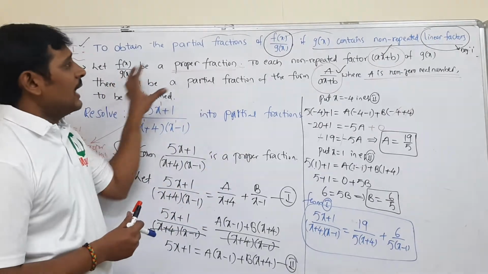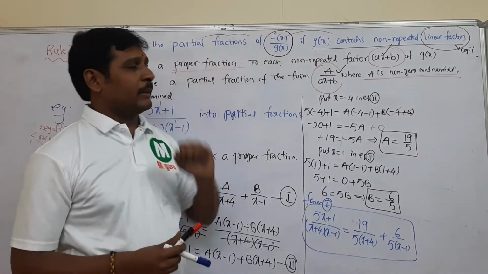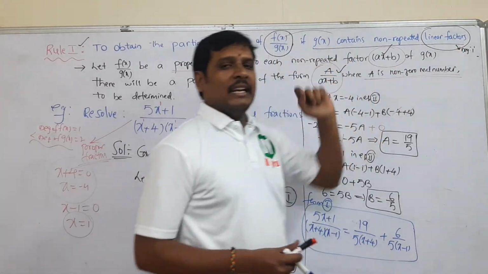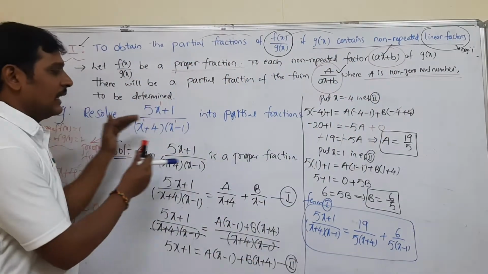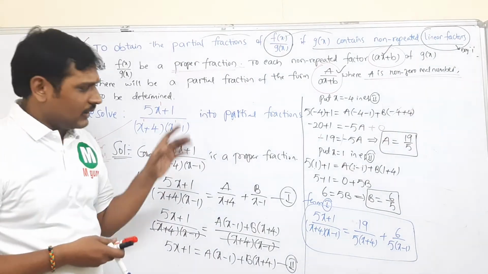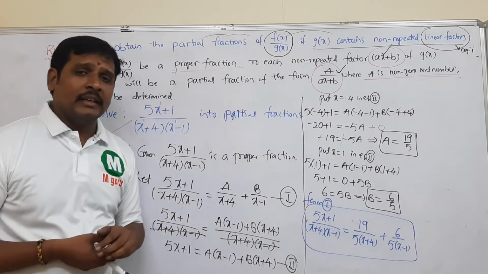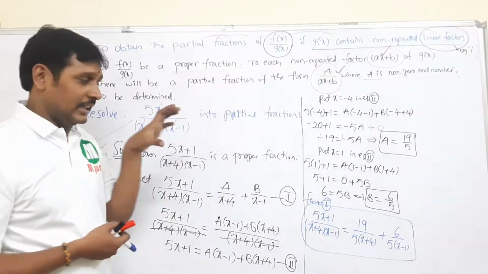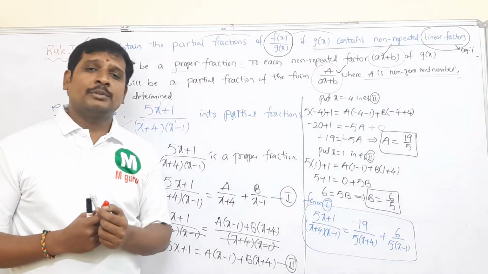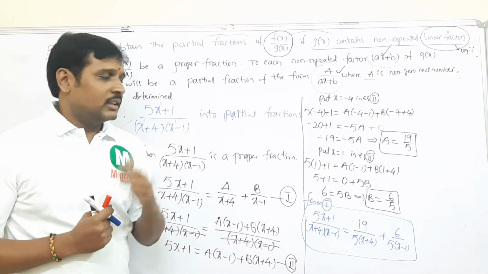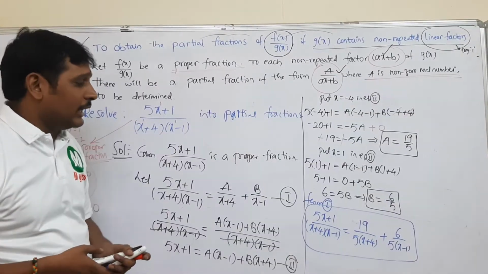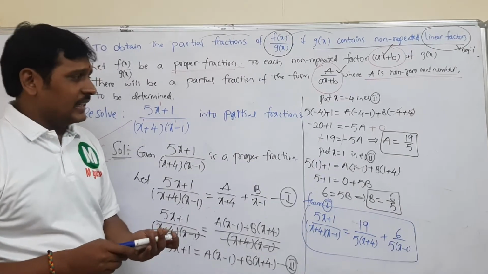Right? Whenever we partial-fraction f of x by g of x, when g of x contains non-repeated linear factors, this is the procedure to find the answer to the given equation. The same problem can be done even in a single step. That helps to write it as a shortcut for IIT. So let us see the same question; I am trying to give it to you even in a single line.